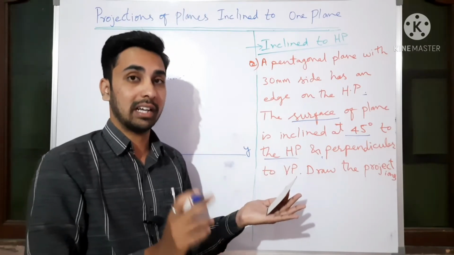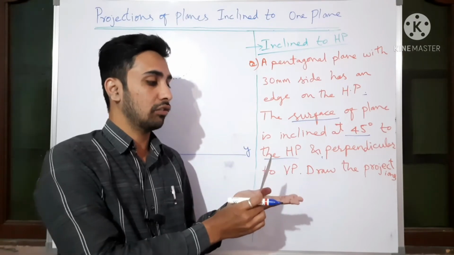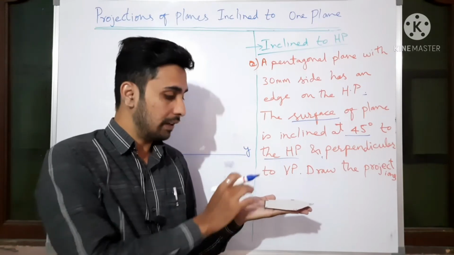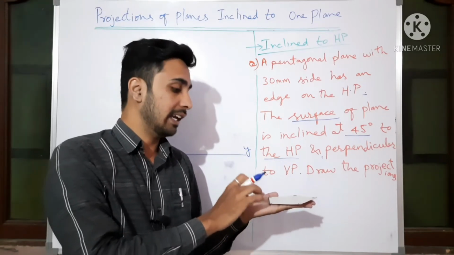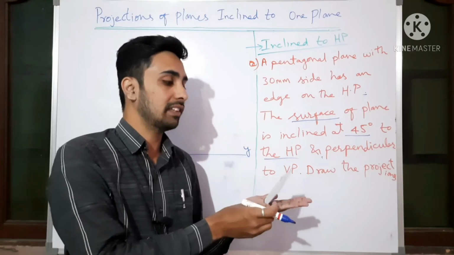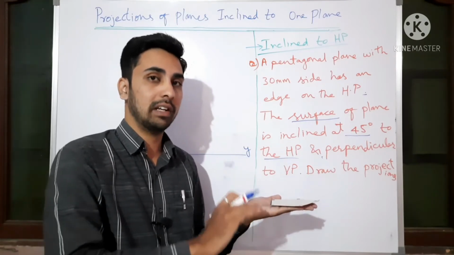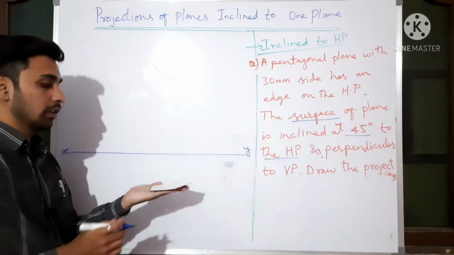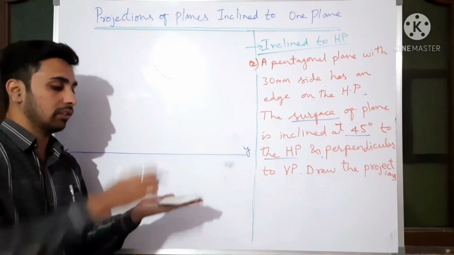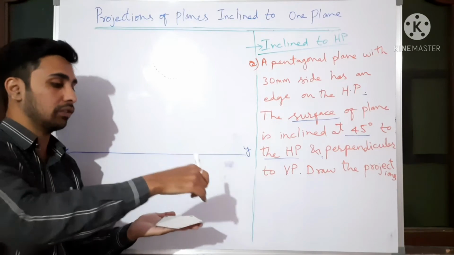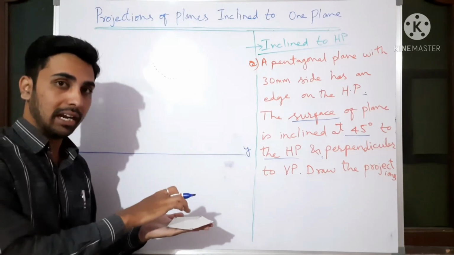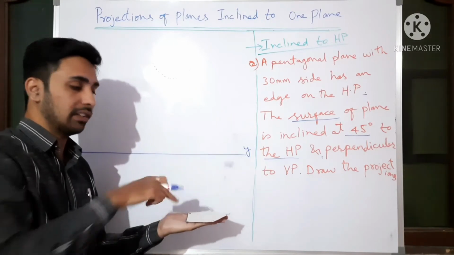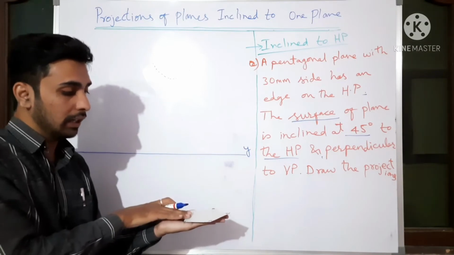So what we will do, as per the assumption, as I said, surface inclination should be kept 0 degree in the first step, like this. If edge inclination is given, then edge inclination should be kept 90, surface inclination should be kept 0. Then later we will restore the angles respectively, that is surface first and then edge later. So 45 degree we have kept 0 degree. So from top you need to see, why? Because wherever true shape is visible, from that view only we should start the problem. So true shape of the object is visible from the top, that is the pentagon. So if you see the pentagon from top, it is like this.